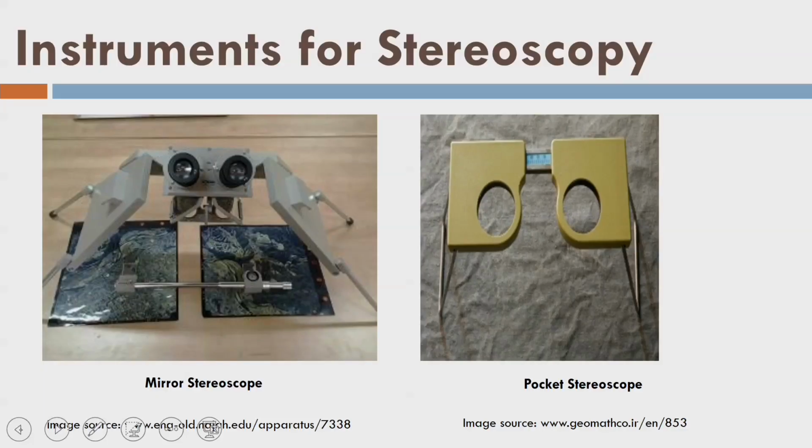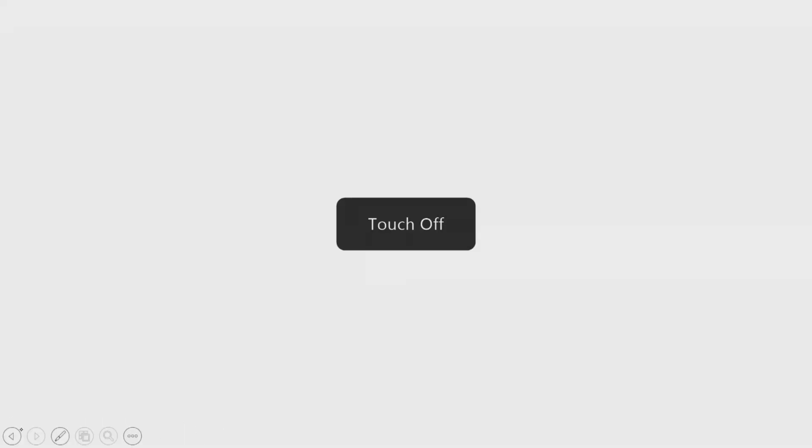Okay, so let us look into how we do this using some instrument. This is the instrument we call a stereoscope. We have two types of stereoscope. One is called the mirror stereoscope, where you put two images, and remember that the two images are aligned in a way that flight lines, that means if I go back to the last slide, that's a blank slide. So there are two images, one is the left image, and the right image.